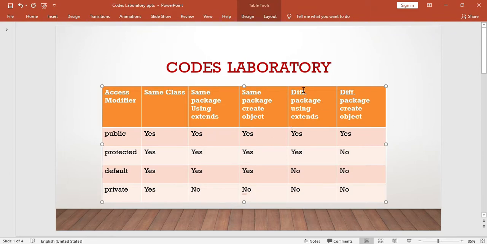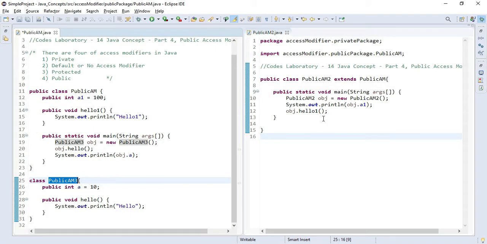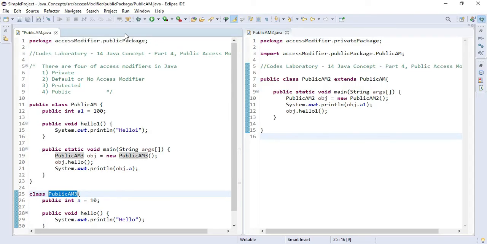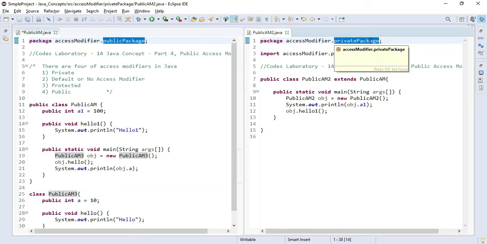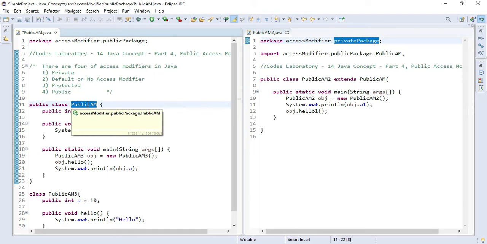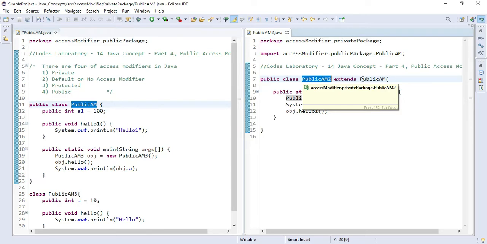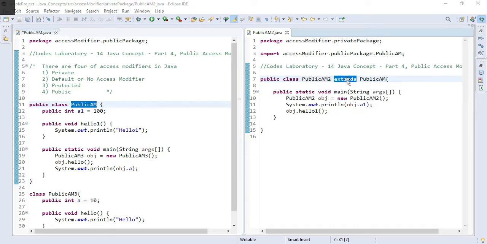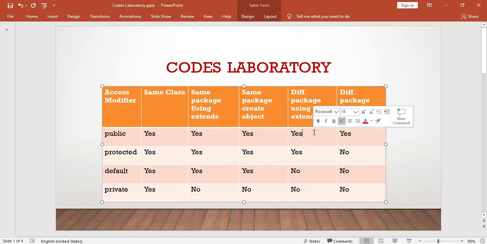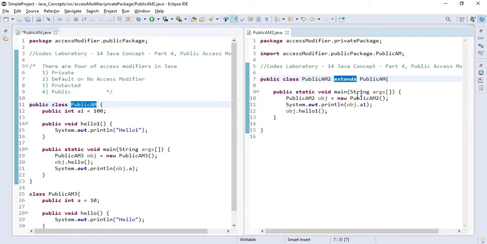So now let's talk about different package using extends keyword. Okay, so first let's try to understand what that is. It means if you have some class in some another package as public package, and you have some another class in private package, what you want to do is access a class property which is present in public package in some another class which is present in private package while using the extends keyword. So let's discuss this. In this way, if the property is public, we have just seen, yes, we can do that by simply extending that class.